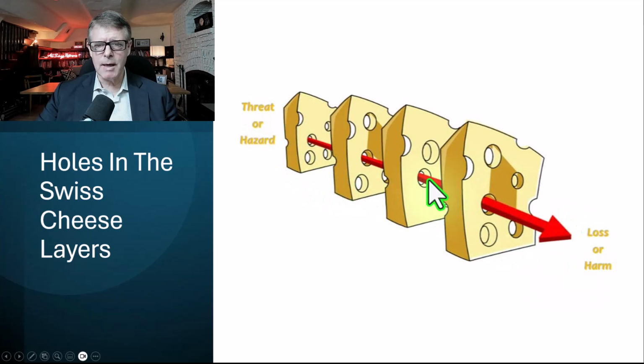Now, we can apply the same model to our retirement income planning. There are different strategies that we can put in place to increase the probability that you'll actually achieve your goals, that you won't run out of money or have a catastrophic event in your portfolio that will derail your planning, right? That's really why we would go through this exercise. And some of these strategies are not earth-shattering, but if you miss any of them, you increase the probability that you might have some problems down the road. So we'll talk about some of the main components of the Swiss cheese model as it relates to aviation, and then we'll apply it to our own retirement income planning and portfolios.